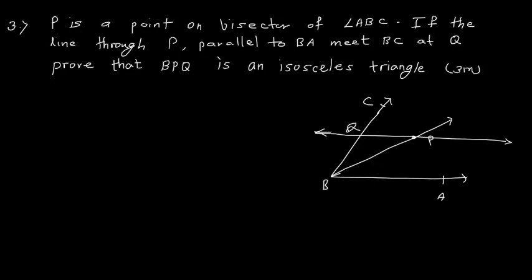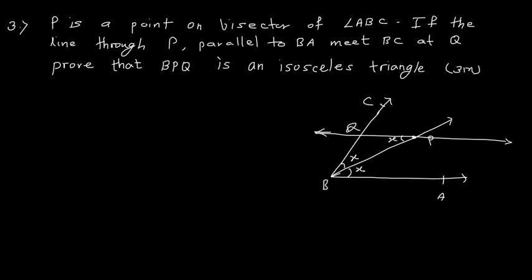Now BP is the angle bisector. Okay, so as this is the angle bisector, I can say that these two angles are equal. So let us say each angle is equal to x. Now this QP is parallel to this BA. So therefore this angle QPB and angle PBA are also going to be equal. So let us take them also as x. Now in triangle QBP, I have angle QBP is equal to angle QPB. Both are equal to x. So therefore triangle QBP is an isosceles triangle. Their opposite sides are equal, right?